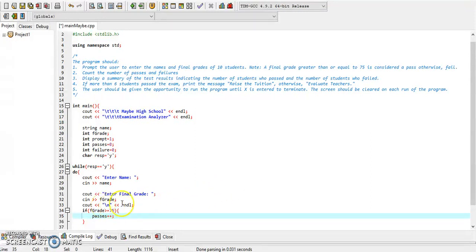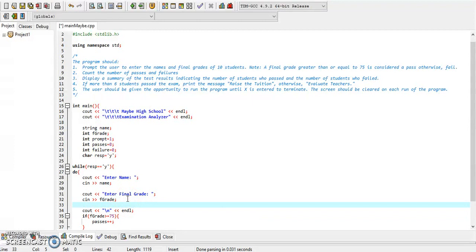And I think I would have left the prompt. So remember, we need to count, so therefore the prompt should be added. 1 should be added. So this here is the same as saying prompt equal prompt plus 1. So it's the same as pass equal pass plus 1 in the same essence. But to make it easier, a shortcut,